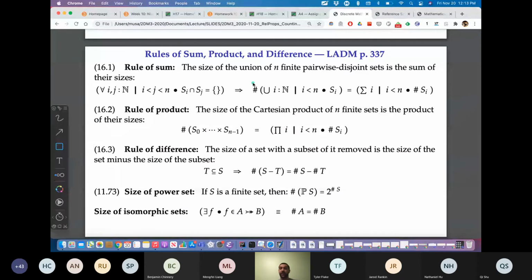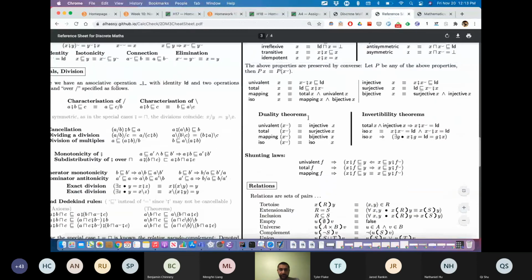I'll just go over some of these really quickly, and then we'll come back to them as needed. If you have a bunch of sets S and they're disjoint, so remember the principle of inclusion-exclusion, or if you like, a range split. If you union a bunch of sets and you want to find the size, that's just adding up all the sizes because they're disjoint. There's no commonality, and so you just add them up.